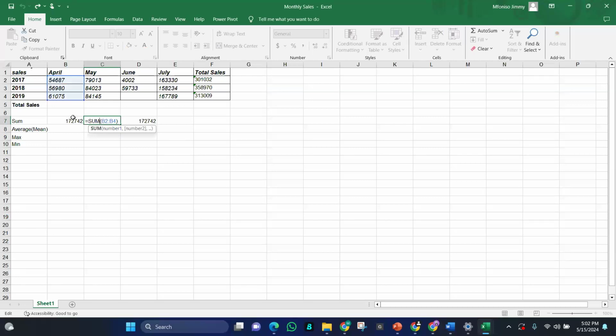This is a function. So all of them gave me the same thing. That means the total sale made in April all through 2017 to 2019 was 172,742.42.